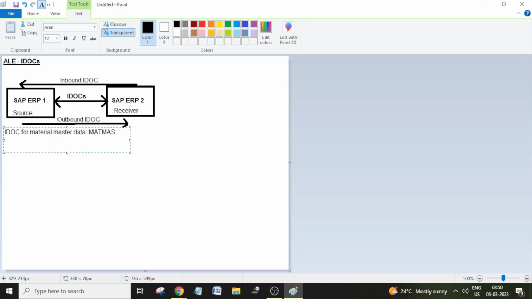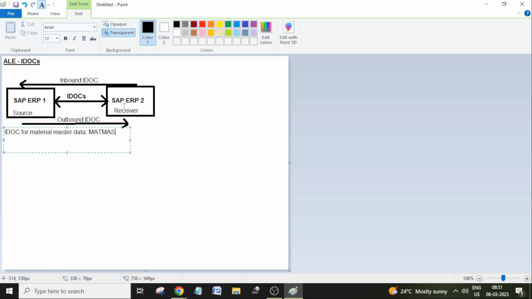right? If you want to transfer data which already has standard IDOCs, what you need to do? You need to configure it. You need to configure the receiver. So for example, you want to send material master data to ERP2. What you need to do? You need to configure the receiver. So to whom do I need to send this material master data? Who is the receiver? You just need to configure it, right? What is the IDOC you need to send, and who is the receiver? Just configure it. The data will be automatically transferred to the receiver. Okay? You don't need to write any code,